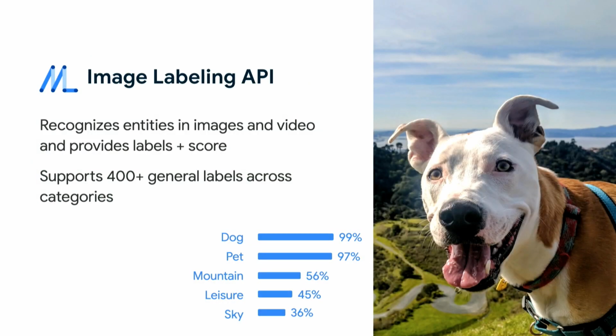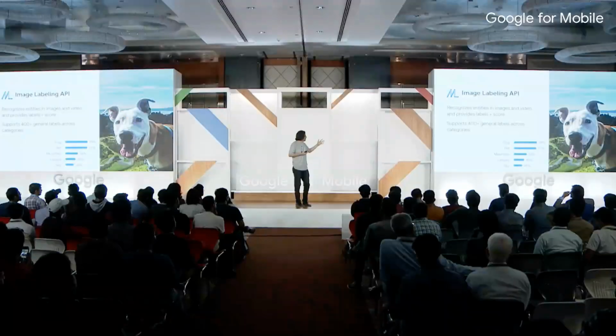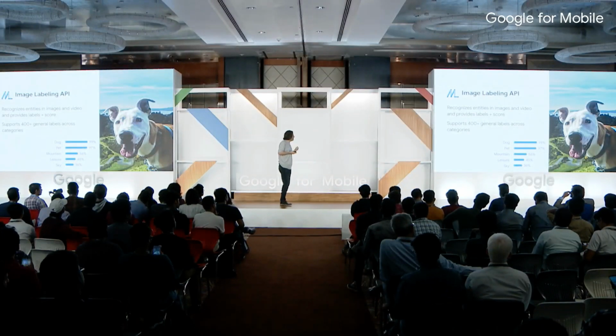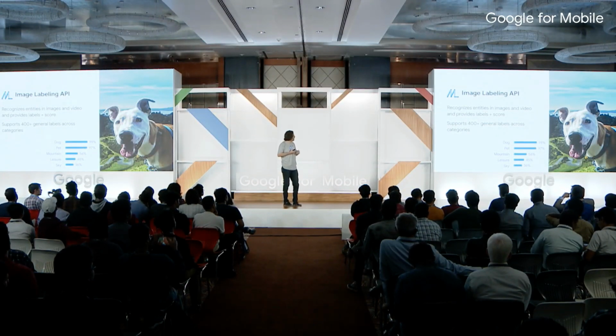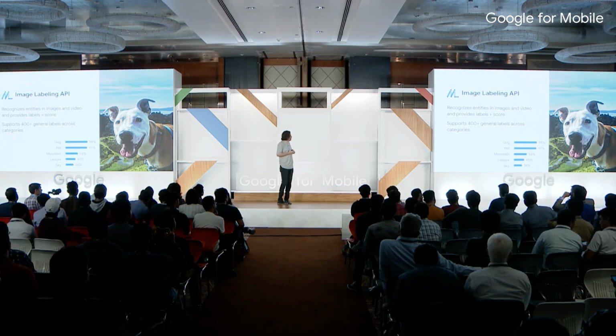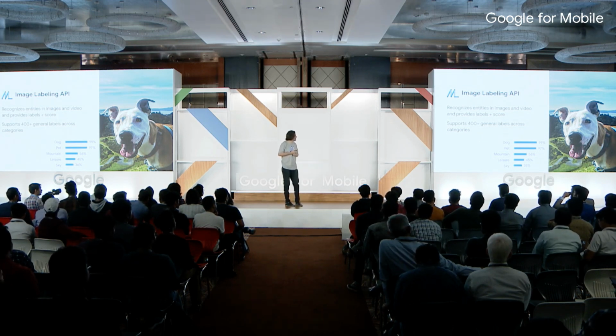Okay, image labeling API. You see my dog here. His name is Uni, and I took this picture back home. The image labeling API takes a look at an image or a video feed and provides generic labels, to give you some understanding of an image. If you take this image of Uni, you get a couple of labels. You see dog, which is spot on. Pet is also great. Mountain, it's a mountainous area. Leisure, we were walking. And sky, there's some of that in this picture.